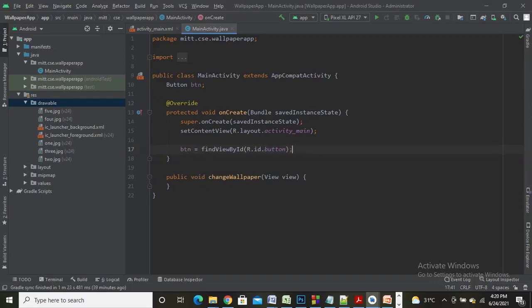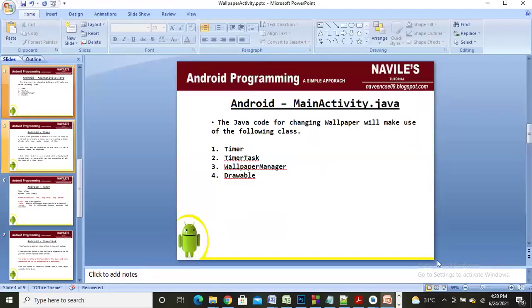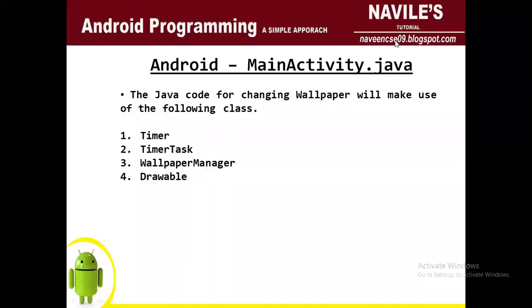Now apart from this, before we start coding in MainActivity.java, we'll understand that the Java code for changing wallpaper will make use of the following classes.